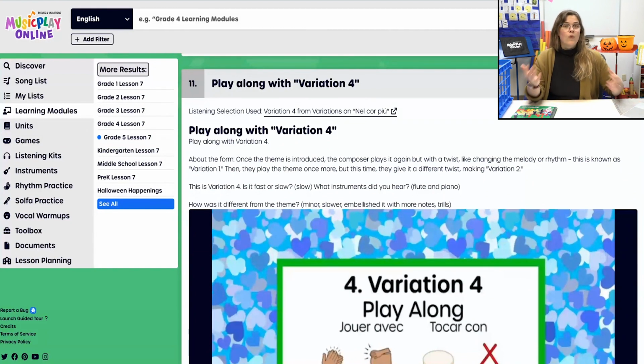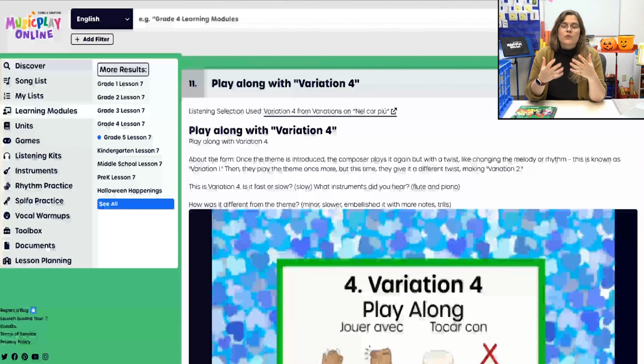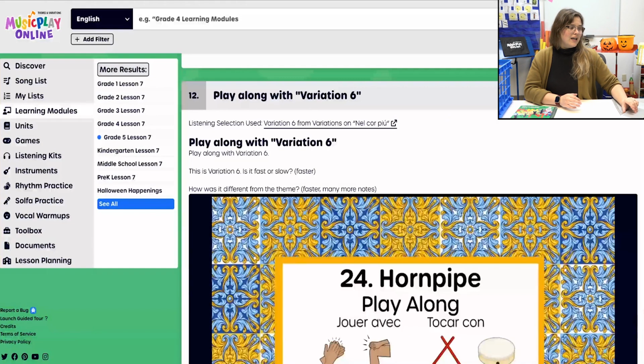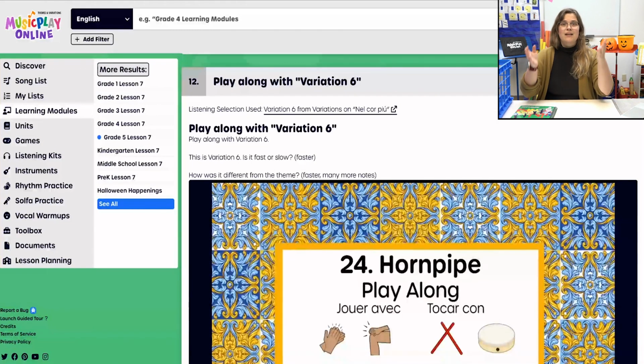So describe what variation 4 is. Is it fast? Is it slow? What instruments does it use? From those questions, you can create the list of how the variation is different from the theme. And again, I have variation 6 here. Same thing: discuss the piece based on elements of music that composers change when they go from a theme